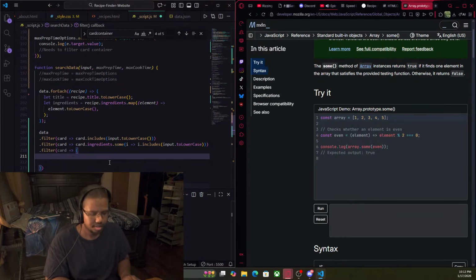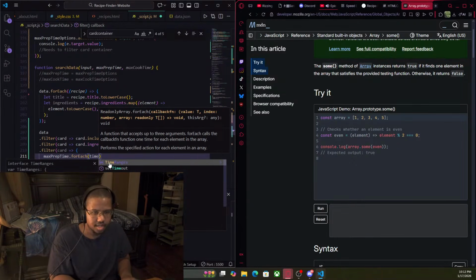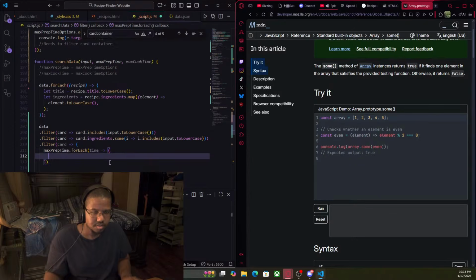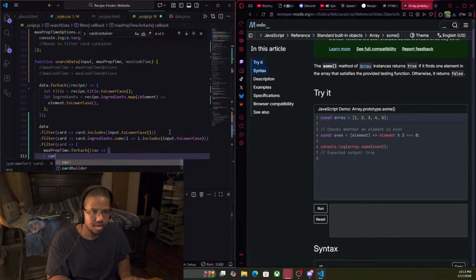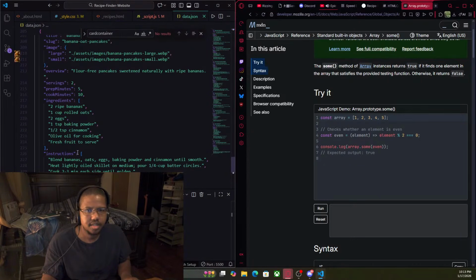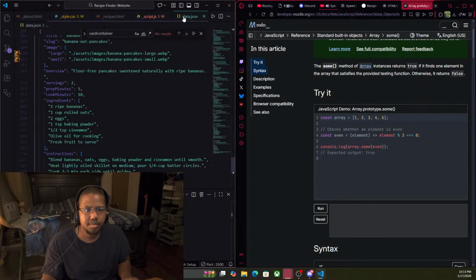Then we do max prep time dot for each time does card dot, what is this max, hold on, what are we doing? This is the first one we're doing is max prep time, so we're doing prep minutes